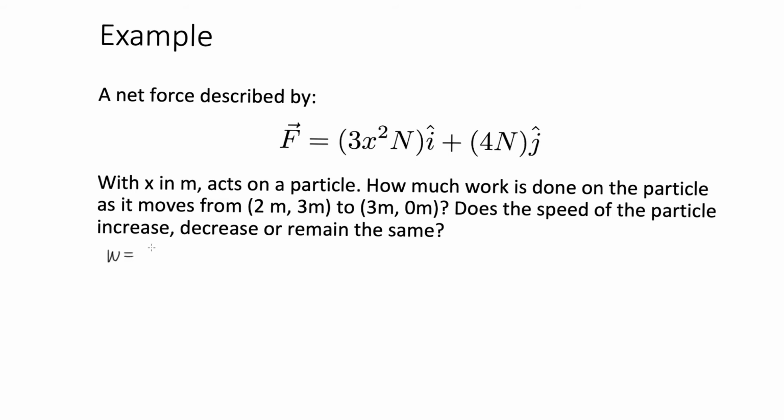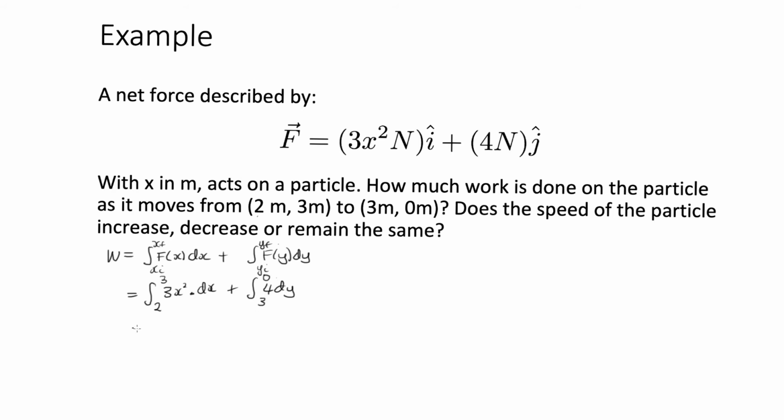Okay, so we know that the work done is equal to the integral of F(x) dx, this is in the i direction, from x initial to x final, plus the integral of F(y) dy from y initial to y final. So in the x direction, we've got the force 3x squared newtons, so we're doing the integral of 3x squared dx, and x is going from 2 meters to 3 meters. And in the y direction, we've got the integral of 4 newtons times dy, and y is going from